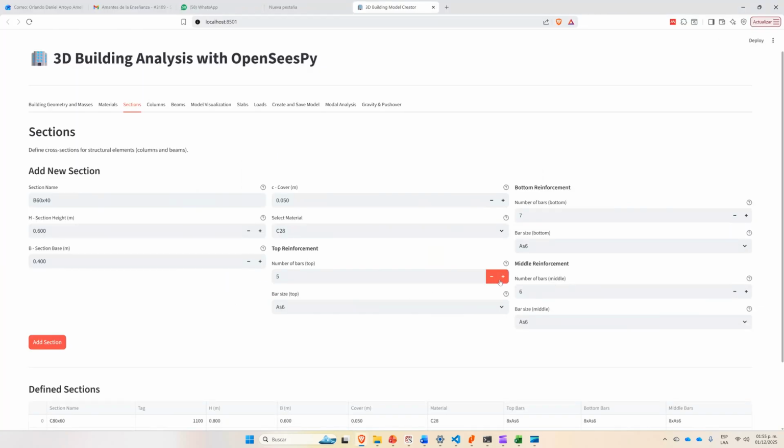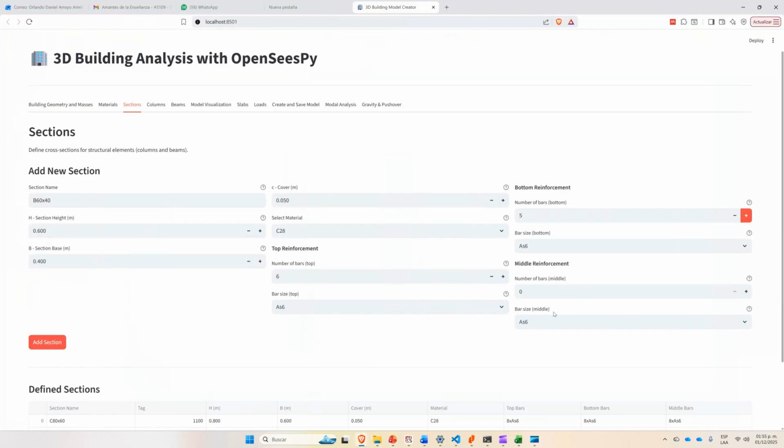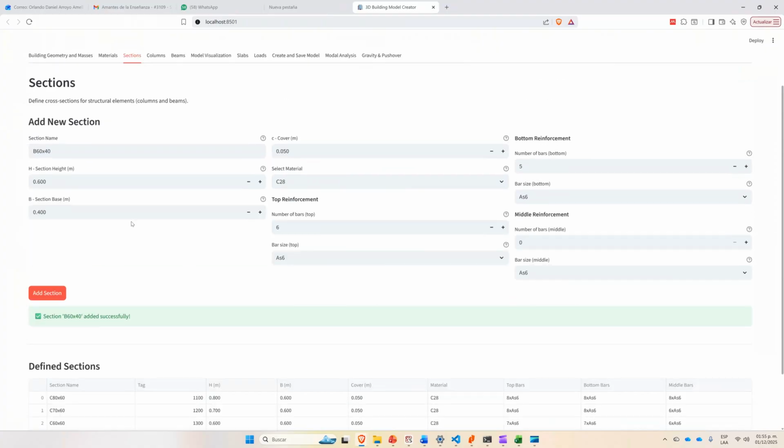So on top we have 6 number 6, no middle bars, and on the bottom 4 number 6 bars. We maybe should do 5. So let's fix this here. Let's do 5. Okay, so once we add this section,